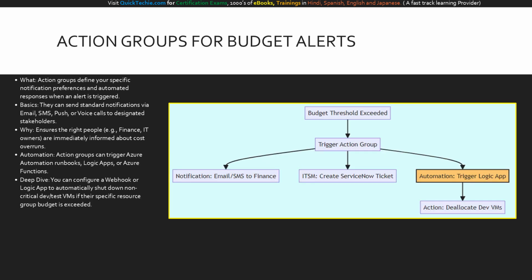When a cost threshold is met, how do you actually get notified? Through action groups. What are they? Action groups define your exact notification preferences and automated responses in Azure. The basics involve sending an email, an SMS message, or even a voice call. Why is this so flexible? Because you can configure a single budget to email both the IT owner and the finance department simultaneously, ensuring total